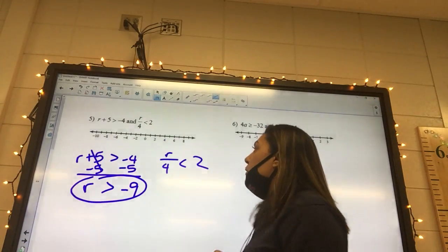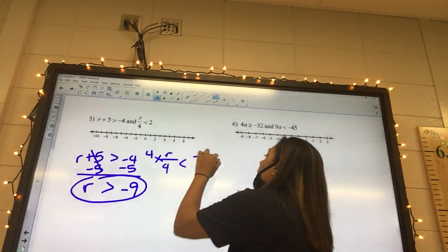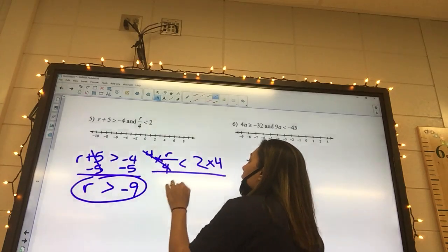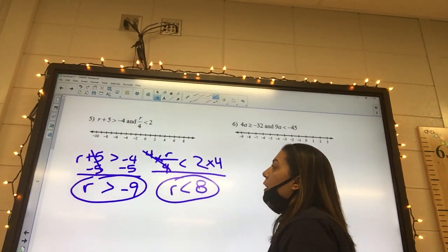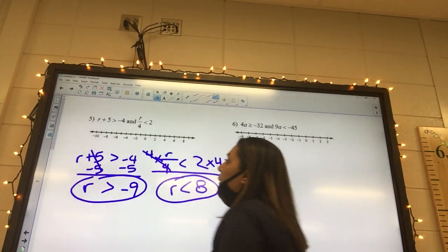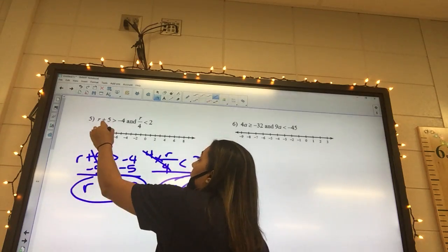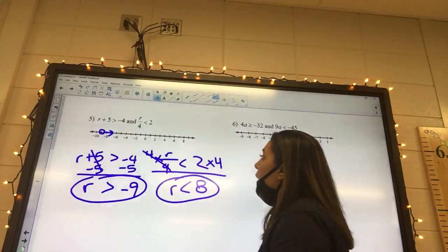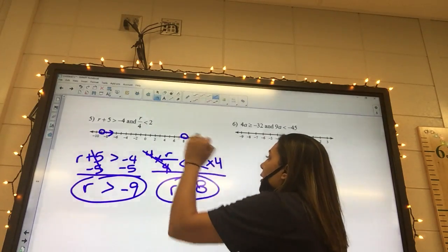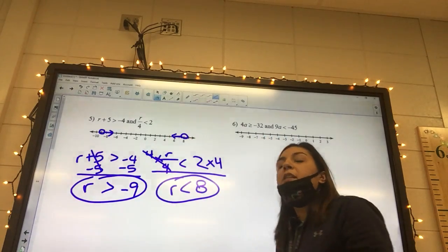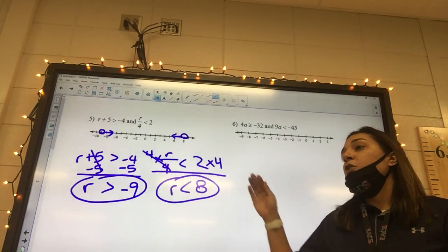Okay, and then how do I get rid of the 4 with the other one? Multiply by 4. Multiply both sides by 4. R is less than, and it is going to be 8. Okay, so on the -9, it should be open, and it should be pointed to the right. And for the 8, it should also be open and pointed to the left. Are those pointed in? Yeah, so now I know that they're pointed in like they should be, so you can go ahead and